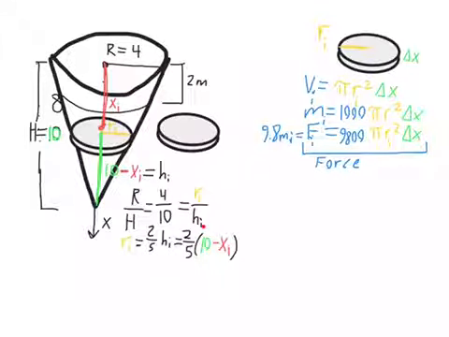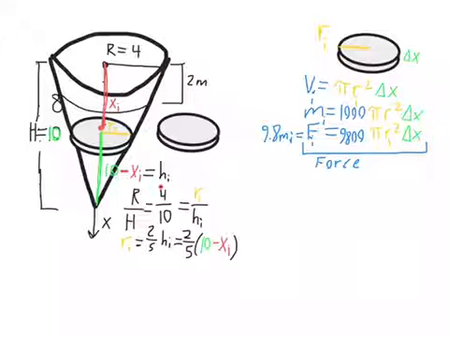And so we have a numeric value for that. We've been given the radius of the entire cone. We've been given the height of the entire cone. And so based on this logic, the radius to height ratio is going to be 4/10. And since we've come up with an expression for height in terms of the distance that we need to move this disk,